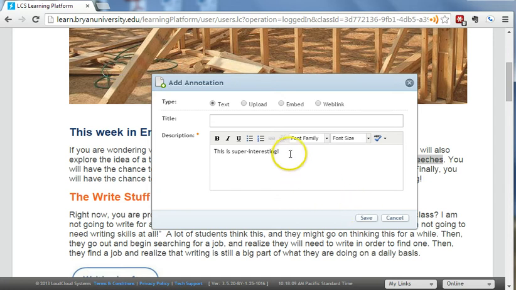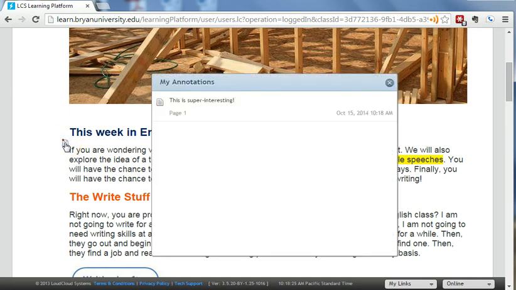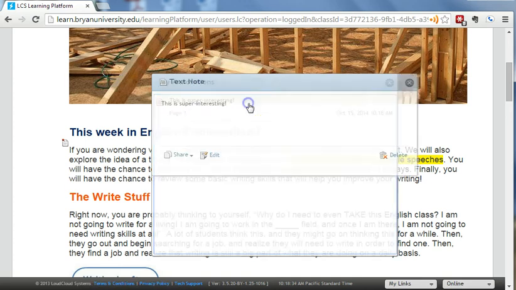But it doesn't only have to be a note to yourself. Let's say you wanted to write something in here and share it with the other students in the class. You would click Save, and right now you'll be able to see it. Nobody else can. You can open it up by clicking on this icon over here on the left. So here we can see all of the annotations that we've made and where they are located. You can delete them if you need to by clicking that trash can, but we'll go ahead and open this